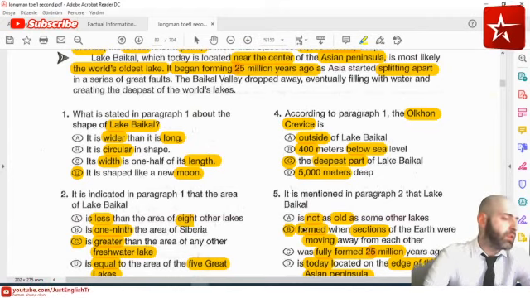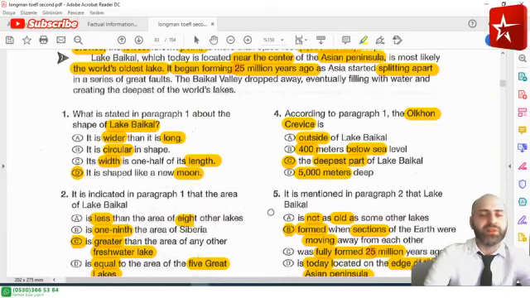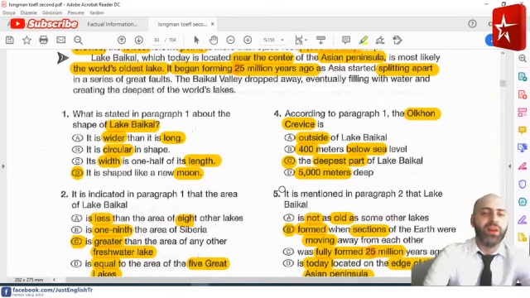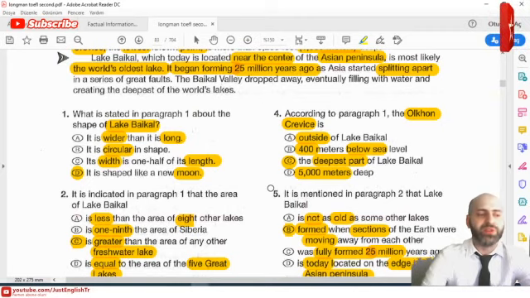Okay, I see a comment from Gamze: lowest point, deepest for C. Yes, Gamze, you are correct. Question 4, C is the correct answer. So let's look again at what we have done today. Today we have learned factual information and checking what is mentioned in the passage and paragraph, and what is correct information based on the paragraph. Next, we will be checking the opposite of it, what is not mentioned or what is